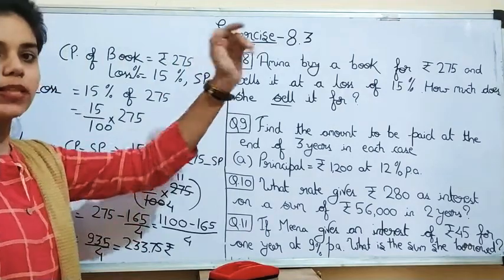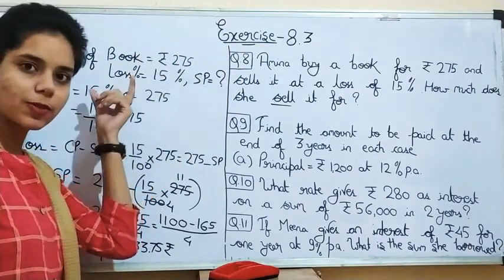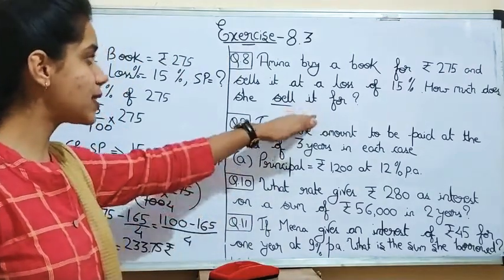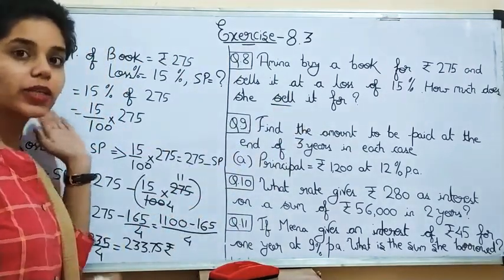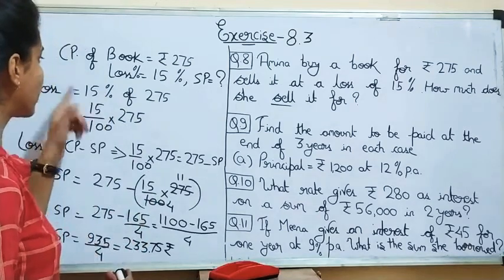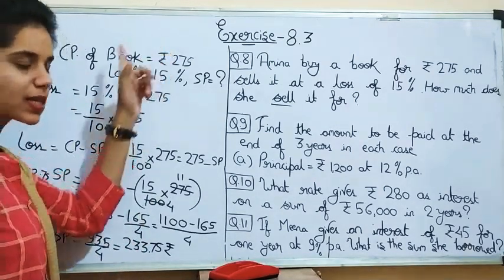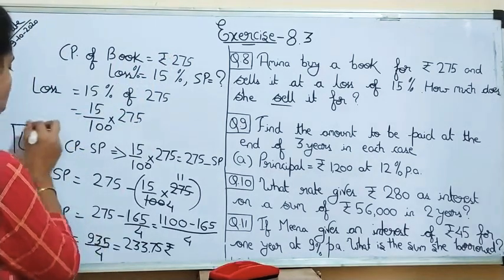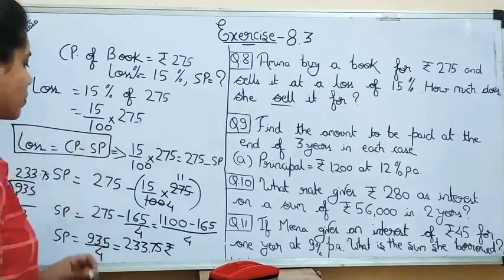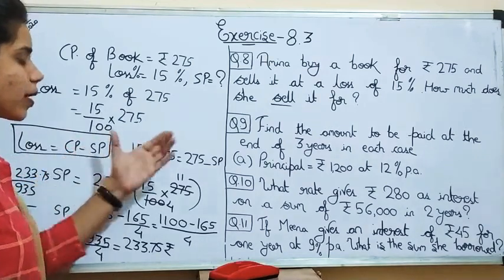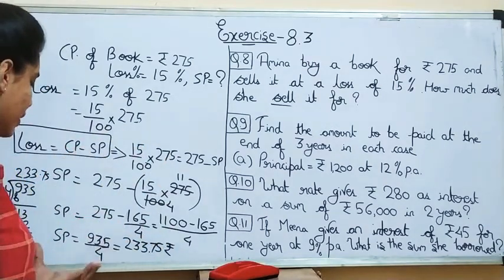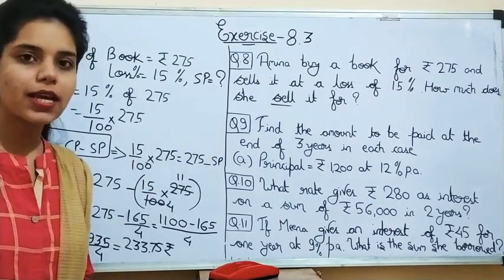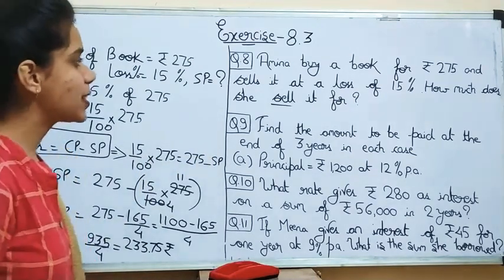How did we find this? Amina buys a book. Its cost price is given to us, the loss percent is also given, and we have to find the SP, which means the selling price. So first we find the actual loss, which will be 15% of the cost price. After applying the formula of loss, you can put in all the values and get SP by transposing the terms. Did you understand this? I hope you understood these types of questions.